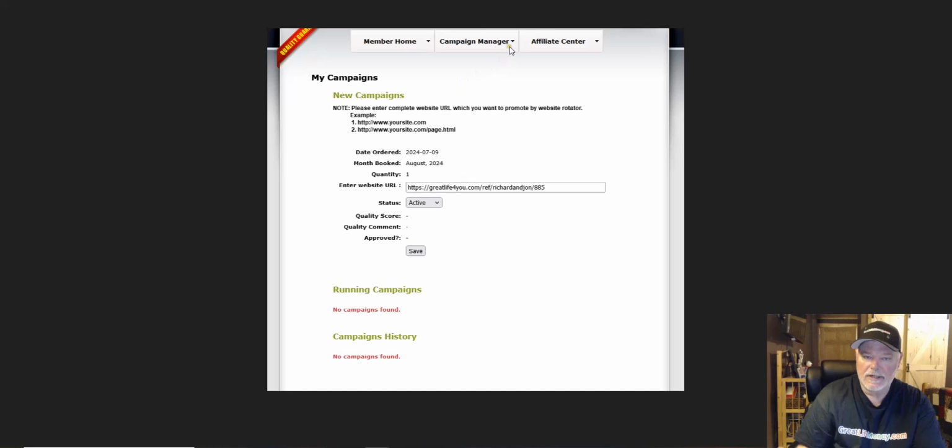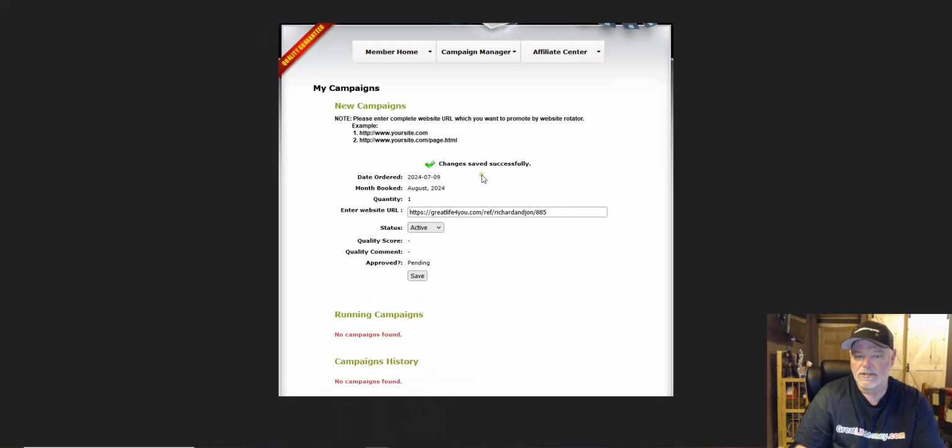And so if you ever need help, any of these tabs here, Campaign Manager will get you back to here. It will put in your link, and you can see there's no space here before the H. Make sure there's not. And then status active, change that to active, and then hit save. And what will happen then when the changes are saved successfully is this green arrow will show up that you saved